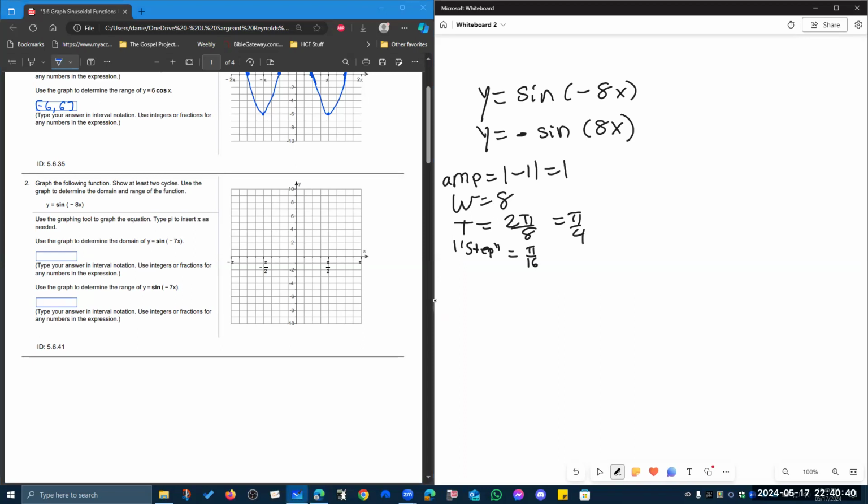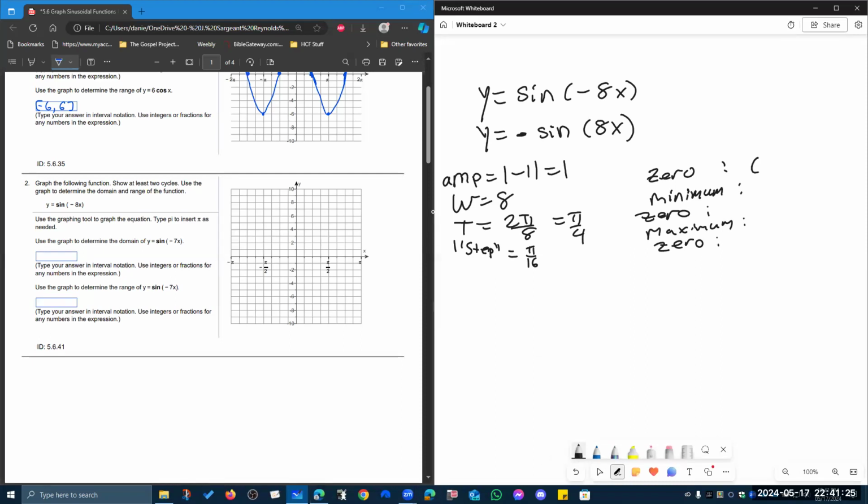It's going to start at a 0. And then it's going to go to a minimum because this has a negative leading coefficient. And then it's going to go to a 0. And then it's going to go to a maximum. And then it's going to go back down to a 0. These are going to be at,